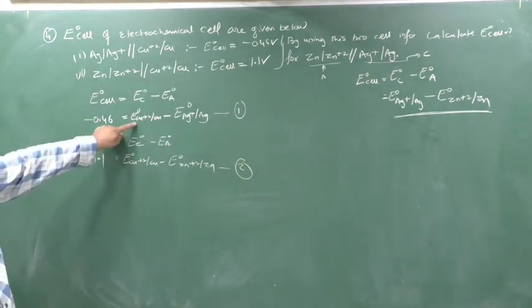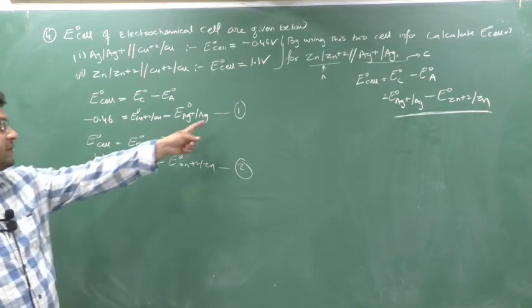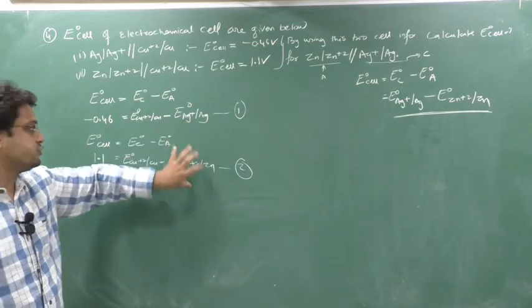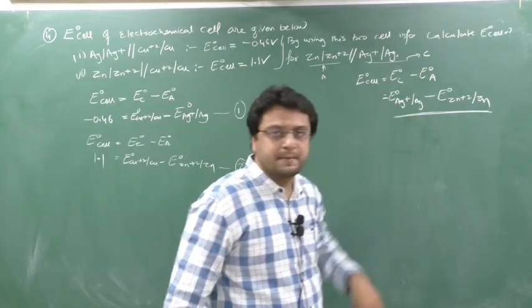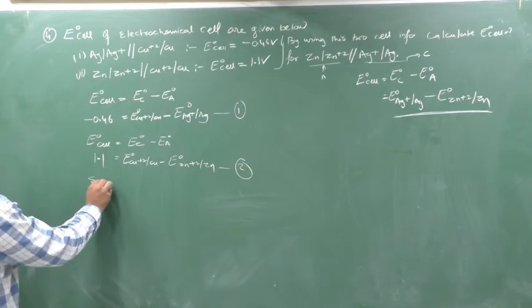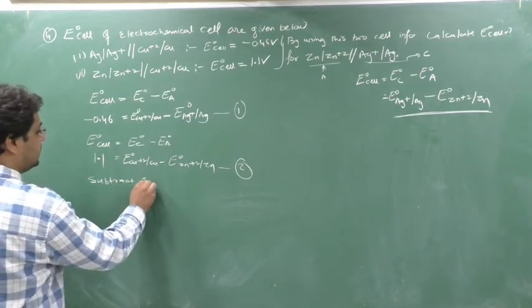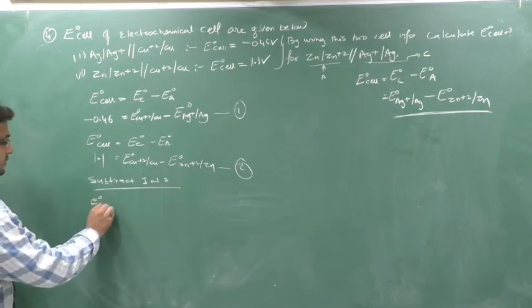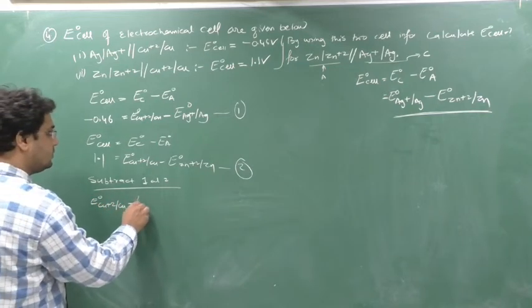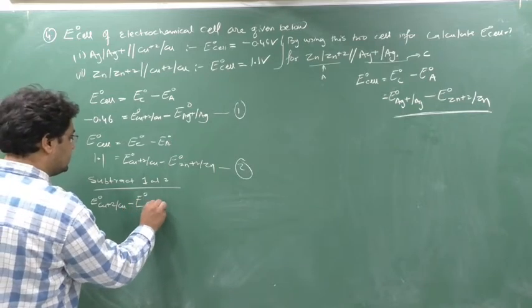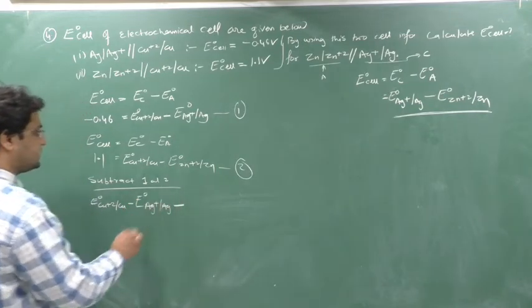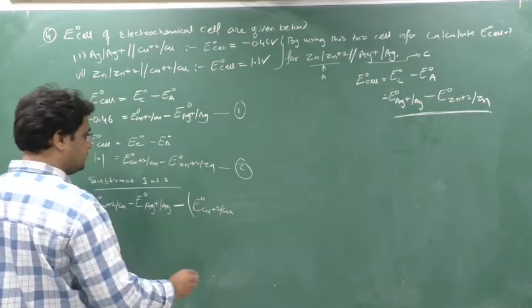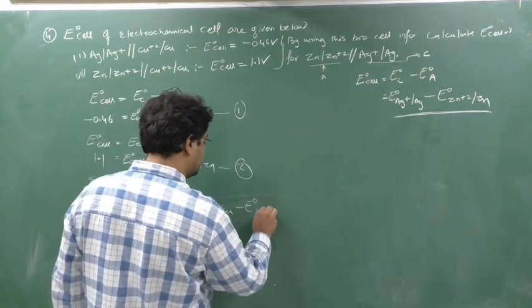Now you can see here copper is common. So if I subtract 1 and 2, I can get copper cancelled. I'll get the equation related to these two. Then I will derive in the format of this. Clear? So what I will do, subtract 1 and 2. So 1 is E0 Cu+2/Cu minus E0 Ag+/Ag, minus, open the bracket, E0 Cu+2/Cu minus E0 Zn+2/Zn